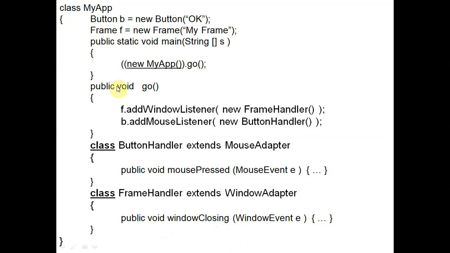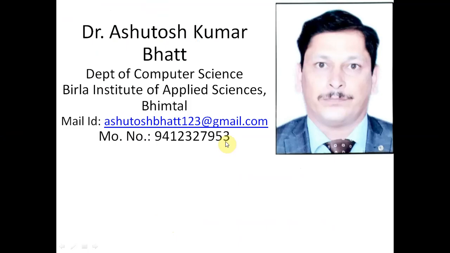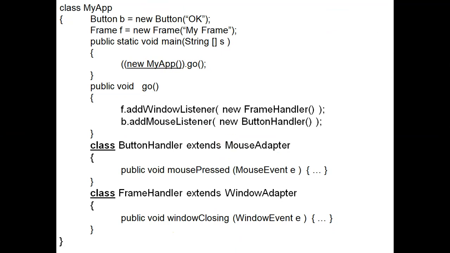So this is a type of program, a different kind of pattern of the program. Finally, this is the end of event handling. I have covered all the event handling functions and listeners. Almost 90% of the event handling functions, listeners and adapters I covered in my previous lectures, and today I am completing all of this event handling, and you can find the complete knowledge of event handling in these lectures.